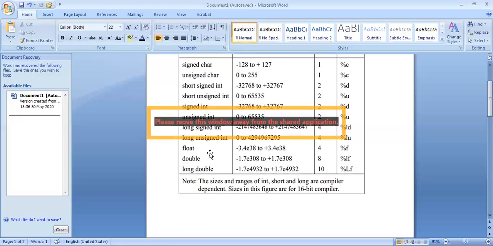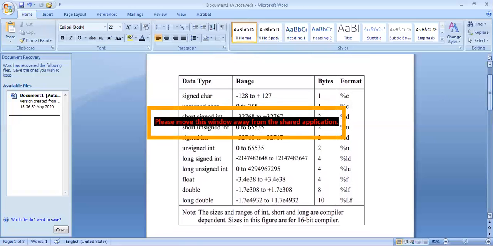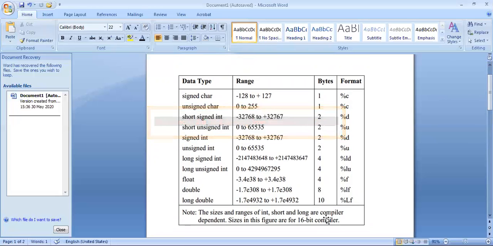Again, if we consider long type integers, we would see that the size in bytes is 4. For float, we see that the size in bytes is 4, but for long double, the size in bytes is 10. So there is a matter of precision here. We may say that if you want to be more accurate, we will use the long double data type, and if you want to be less precise, we may use float as well.